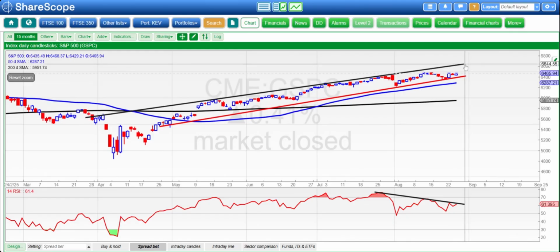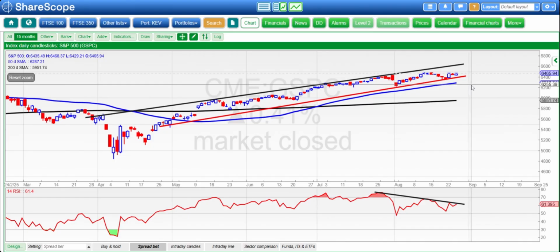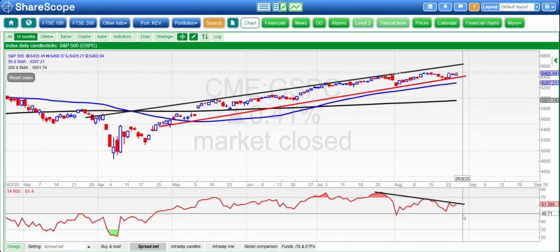Top of the channel there from April as high as 6,630, which is what we're looking for by the end of next month, while we remain above the floor of the channel around the 6,400 level. Worst case scenario at the moment, probably a test of the 50-day line, 6,287, but given the setup and the RSI 50 plus rebound, it looks as though the next move here could actually be to the